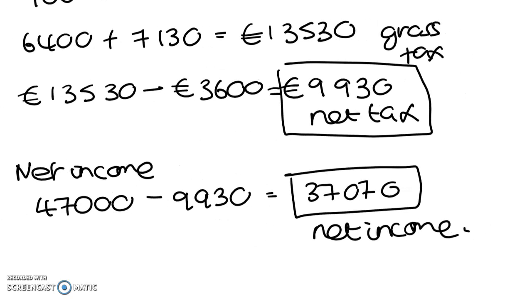Then take away the tax credits from that, because tax credits are a good thing. You're not paying tax to that value. You take it off your gross tax, and that gives you your net tax. And finally, to get the net income, you take away the net tax from the gross salary, and you'll get